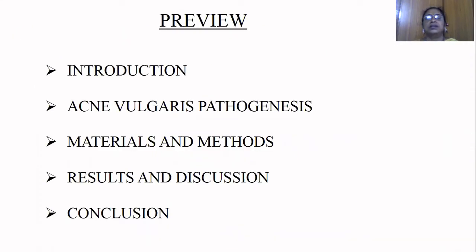Introduction. Acne Vulgaris is a dermatological disease with an estimated 650 million people affected, more than 95% of boys and 85% of girls, and it occurs on the face, neck, forehead, and then chest and back. It is a chronic disease and occurs due to the inflammation of the hair follicles as well as the sebum producing sebaceous glands.